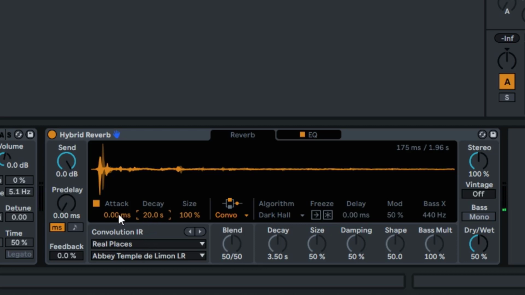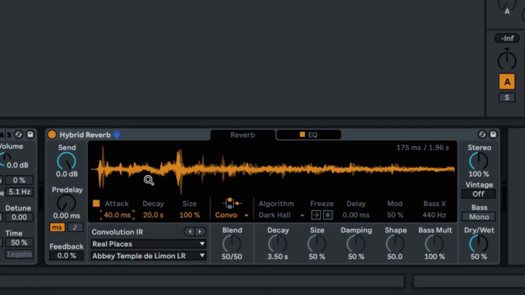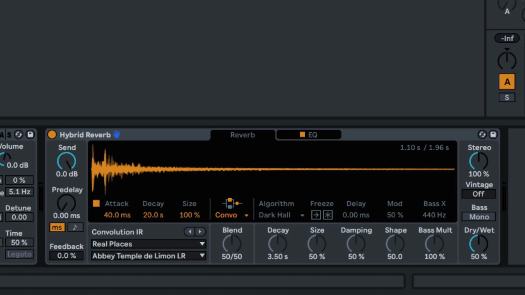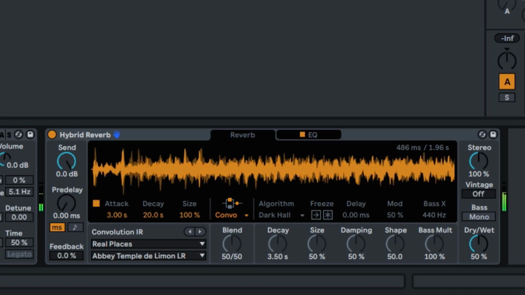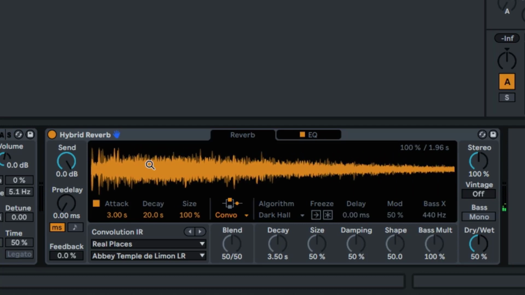Now, also, you have the attack. If I go up on the attack, notice how it's modifying the file. So if I go there, maybe you can go all the way back to 0, or you just, notice that by doing this, it's like adding kind of a pre-delay, smoothing the reverb, and I'm gonna go all the